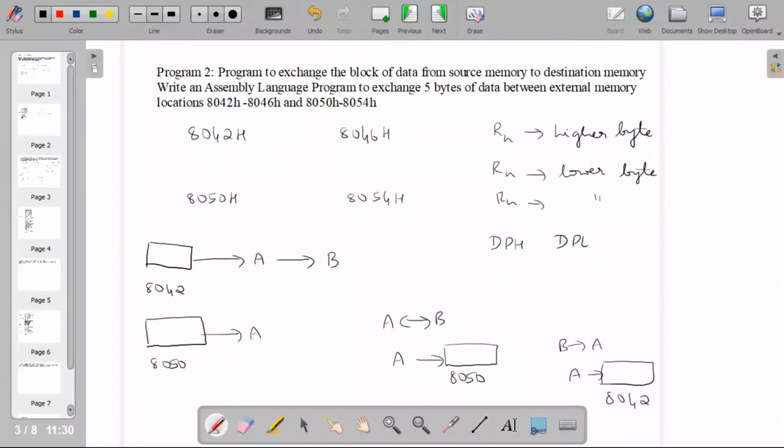In this way the exchange of content is done between 8042 and 8050, and 8050 and 8042.